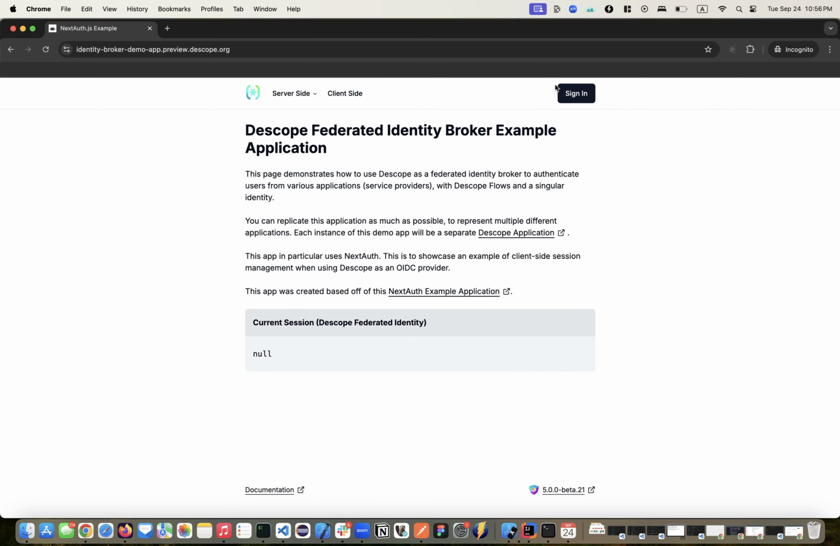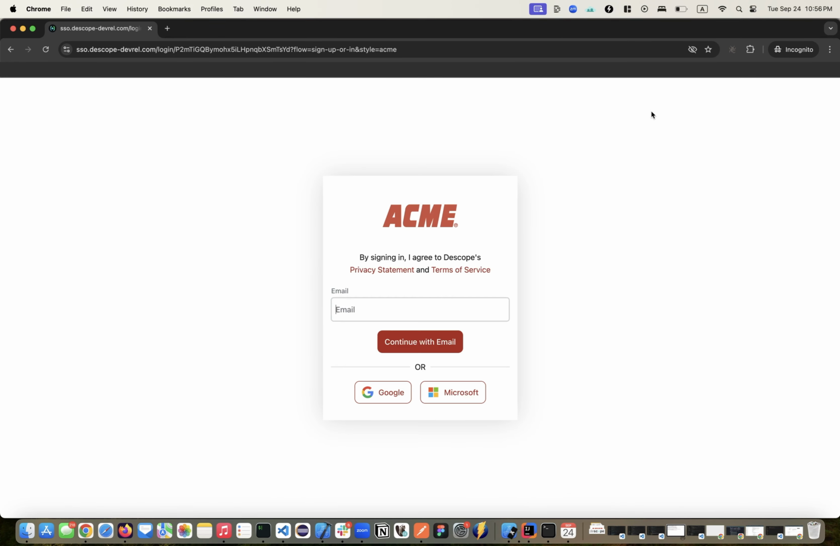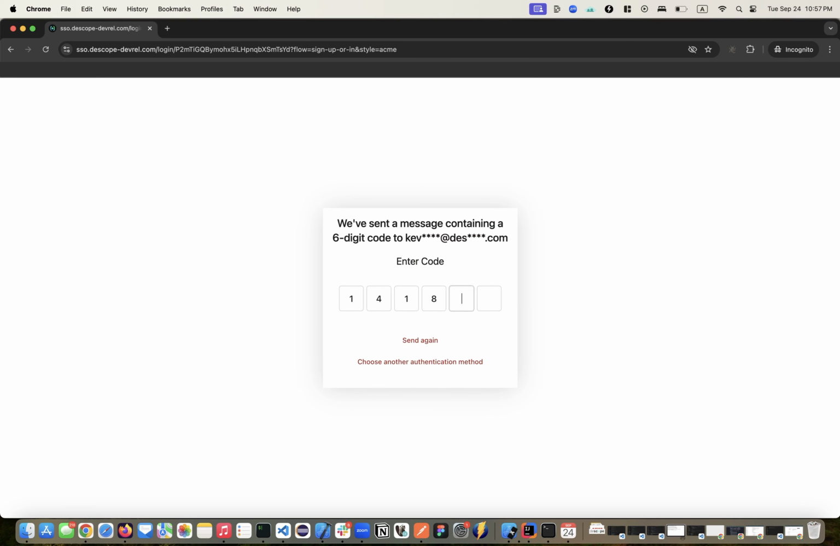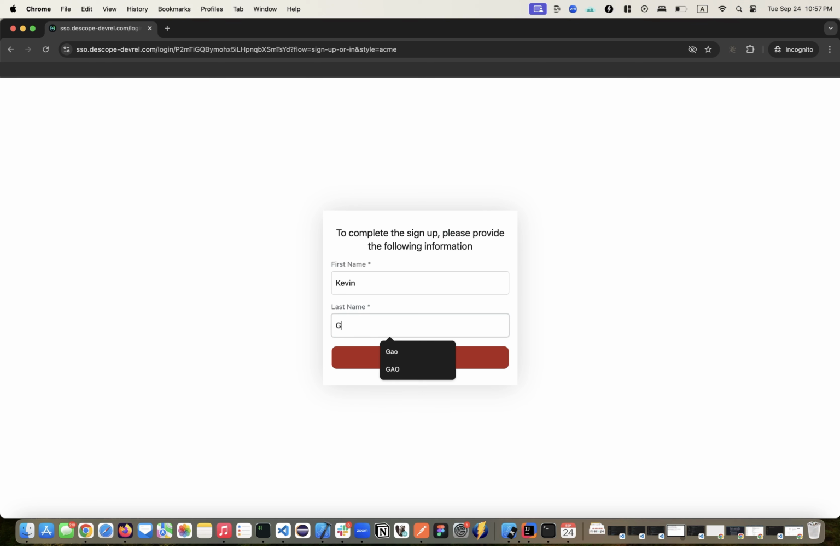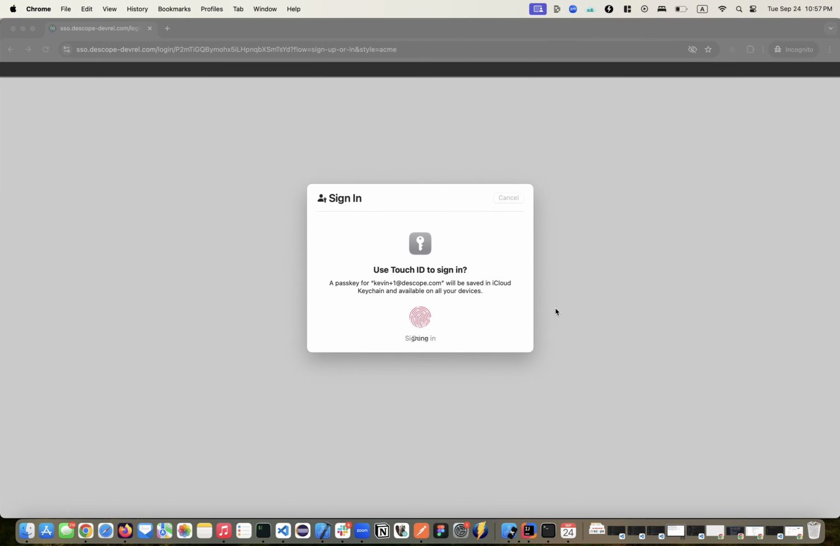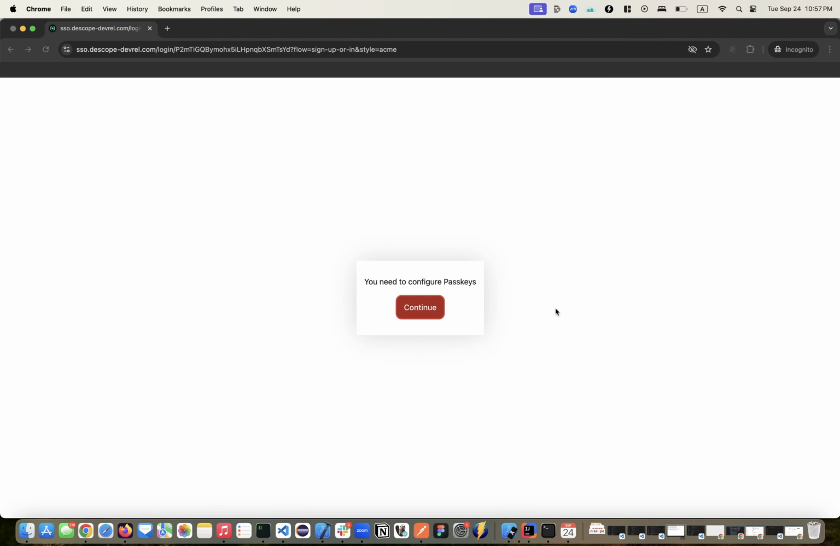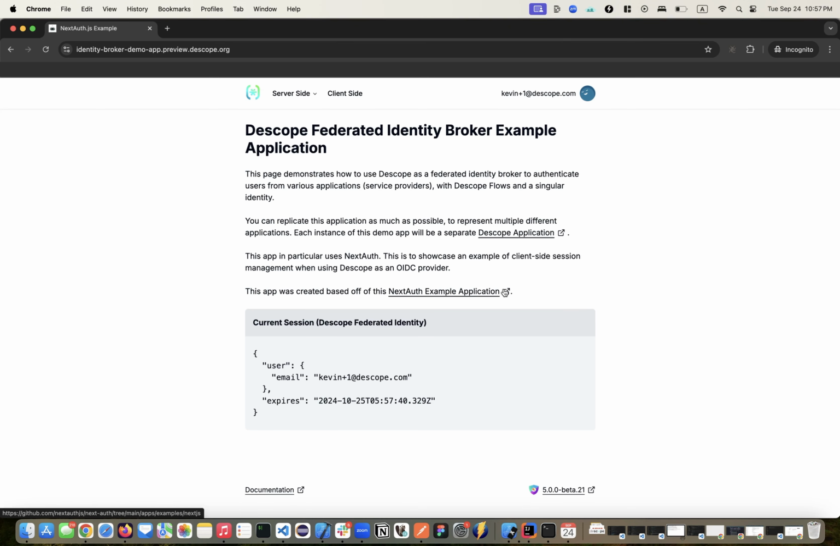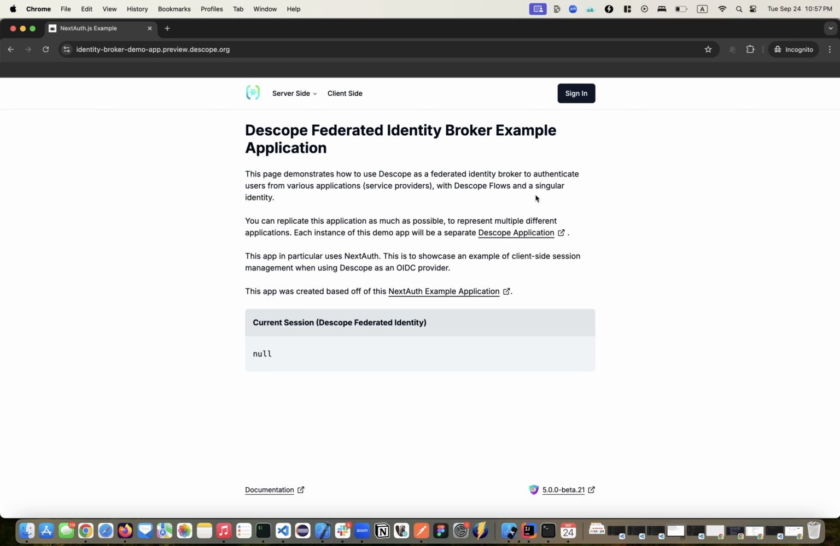start from the NextAuth application and I sign in, and then I sign in with, say, Kevin+1@descope.com, which is a new user, and type in my code, I'm actually prompted to enter my first and last name. Then I'm told I need to configure passkeys. I can configure passkeys, and I'm in. Now, the next time that I sign in, I can simply click on sign in,